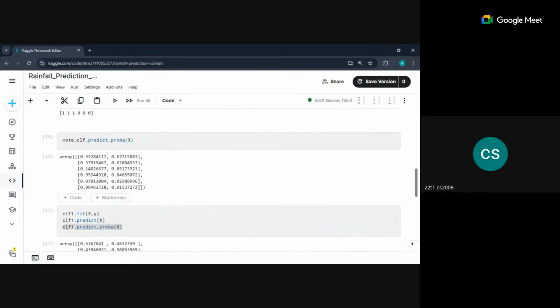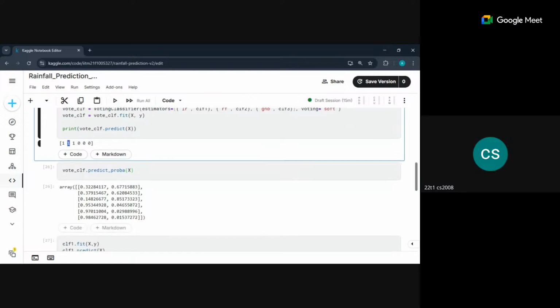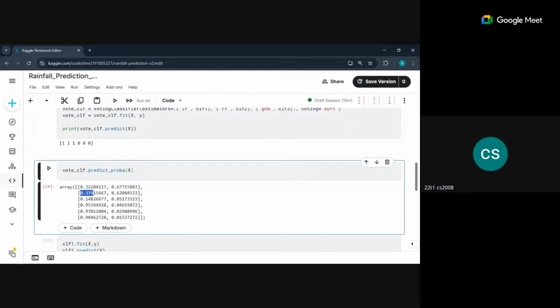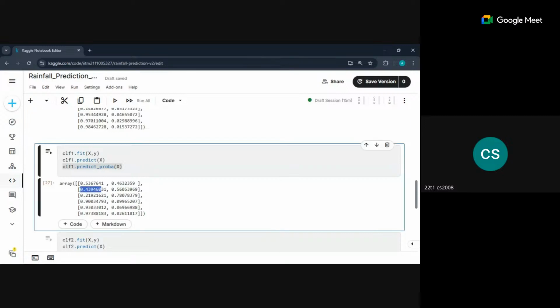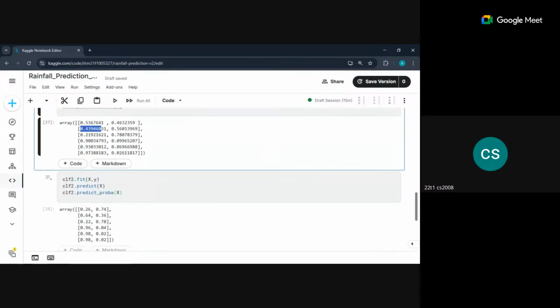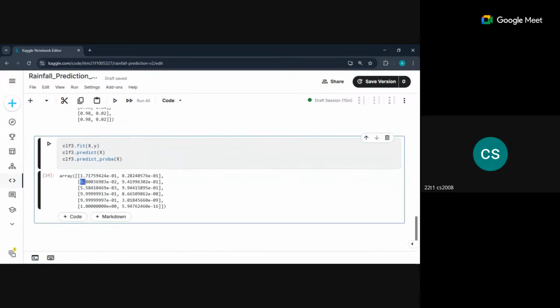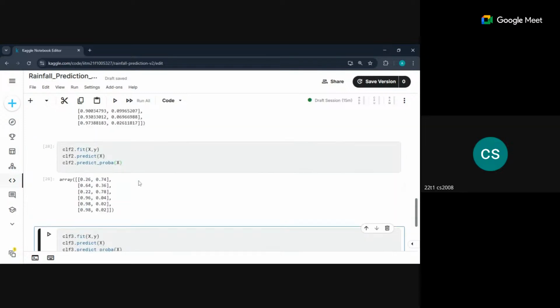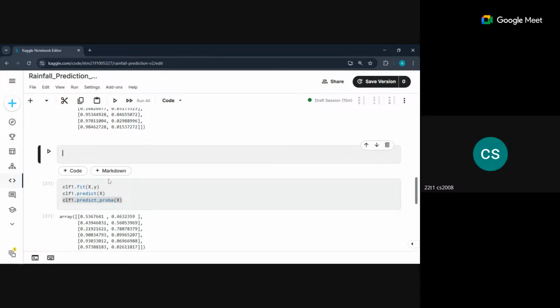Okay. So now we know that the model has misclassified the second point, which is this one. If you look at the probability, it has said 0.379 to 0.62. If we come to these individual models, this one said 0.43, 0.56, this one said 0.64, 0.36, this one said 0.058 to 0.94. So let's actually just sum up those values. So we have